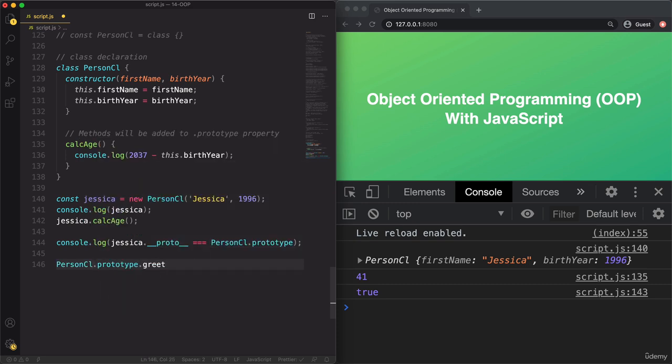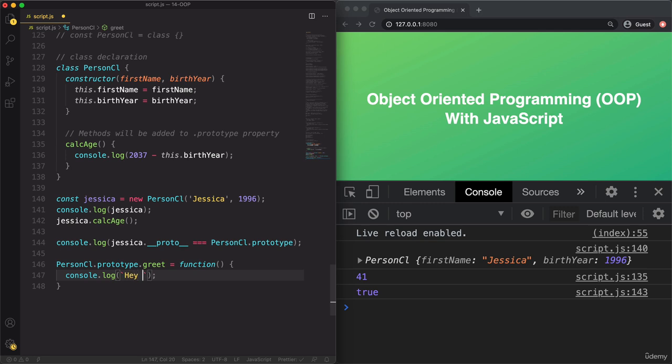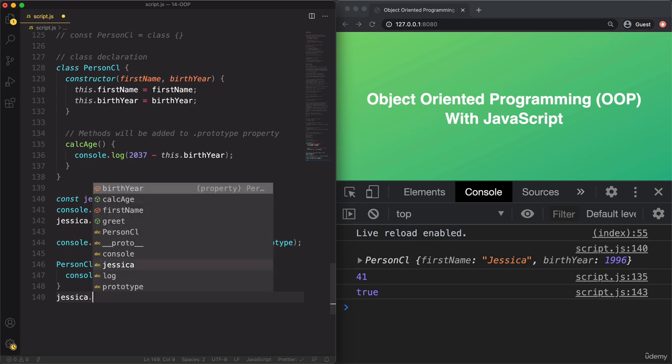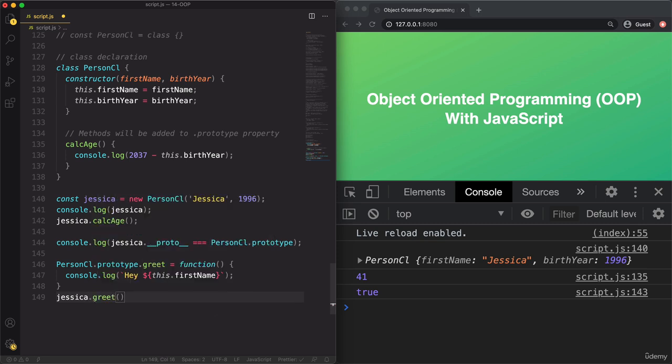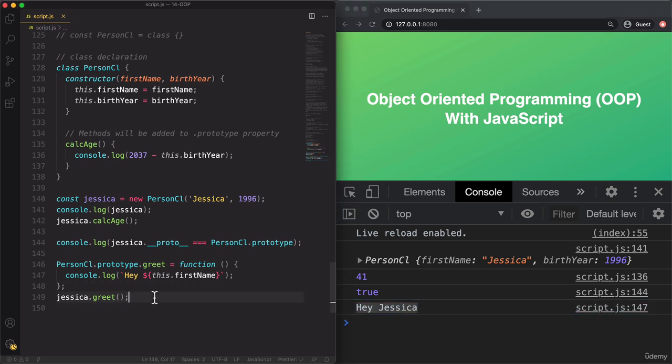So let's create a greet method here. So let's just say, hey, this dot first name, and then we can call this on Jessica. So of course, Jessica dot greet. And so, as you see, that works just as well. All right. And so this is proof one more time that the class really just hides the true nature of